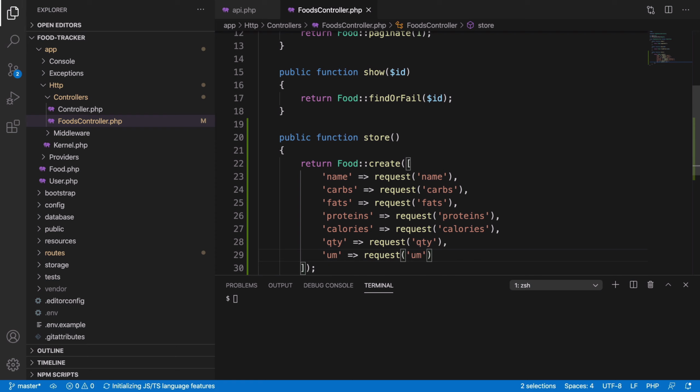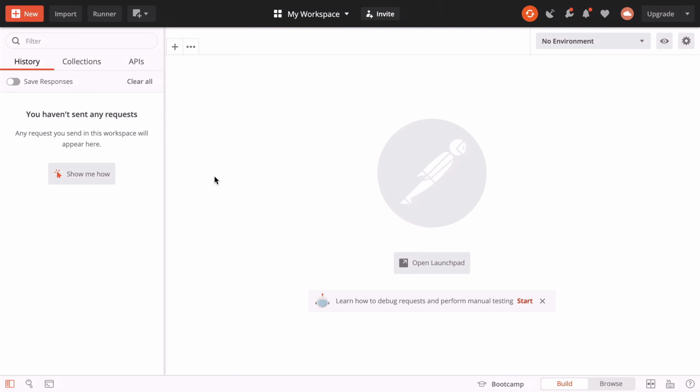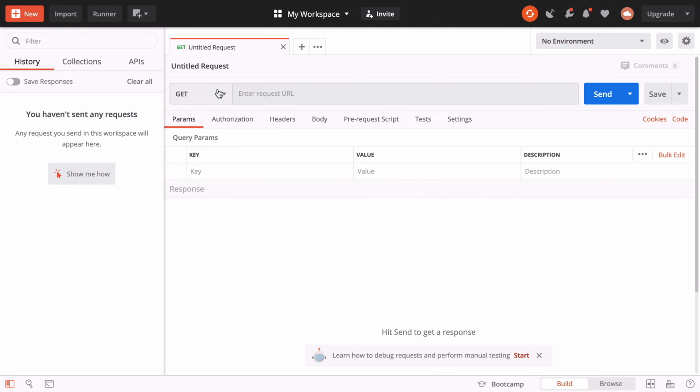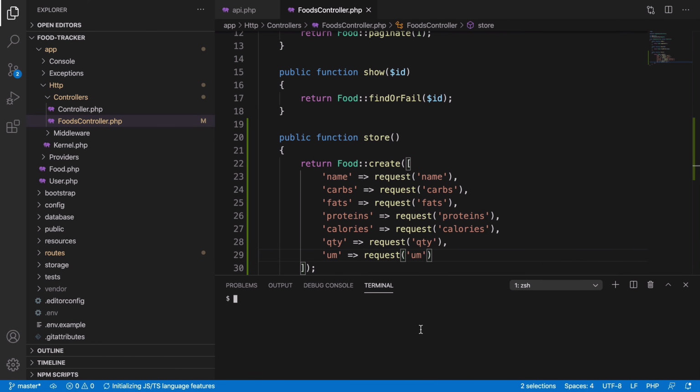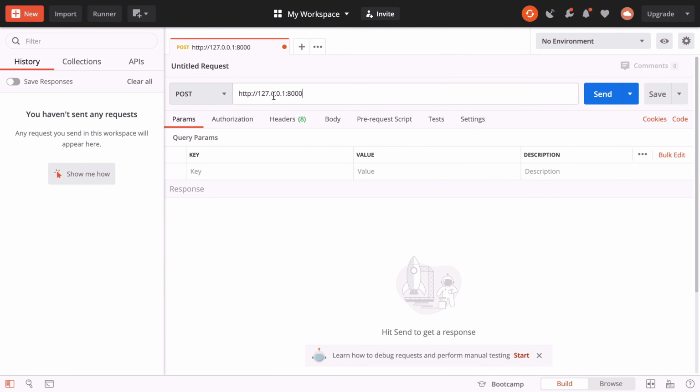To check that our new endpoint works, we can use an API client like Postman to submit post requests and see if we are creating any records in the database. The foods table is empty, and if we go to Postman, we can submit a new post request. Let me quickly start the server and grab the endpoint. /api/foods,